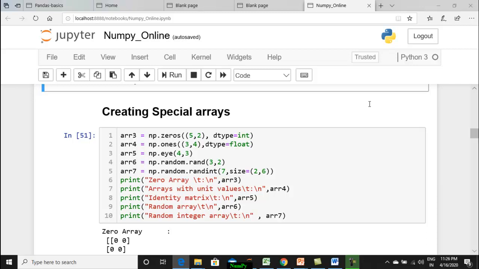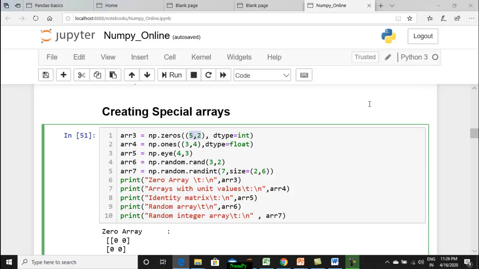What you need to pass is the number of rows and the number of columns. So it should be a 5 cross 2 matrix, and the data type is integer. It will give you an array filled with 0. Similarly, you can make an array filled with 1.